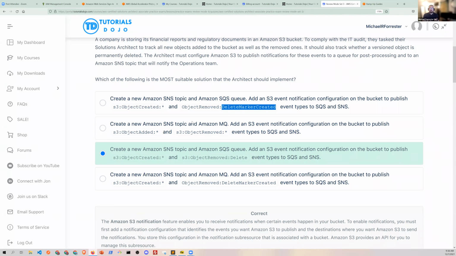If it didn't say permanently deleted, then you probably would have been okay to use delete marker, right? But a delete marker is just another version of the file. It's not a permanent deletion of the file. But any kind of remove delete layer is you removing an object, whether that object is versioned or not. So the S3 object removed: delete is deletion of anything, whether it's versioned or non-versioned.